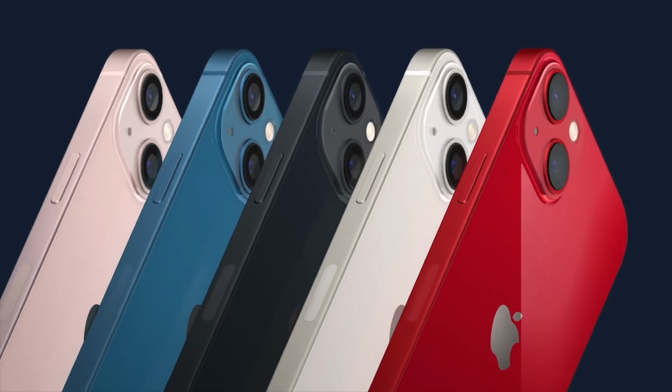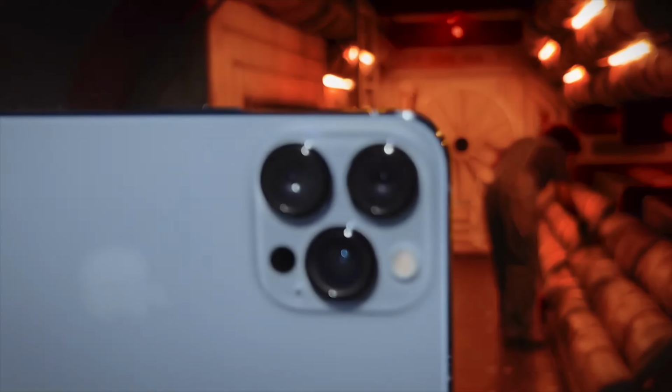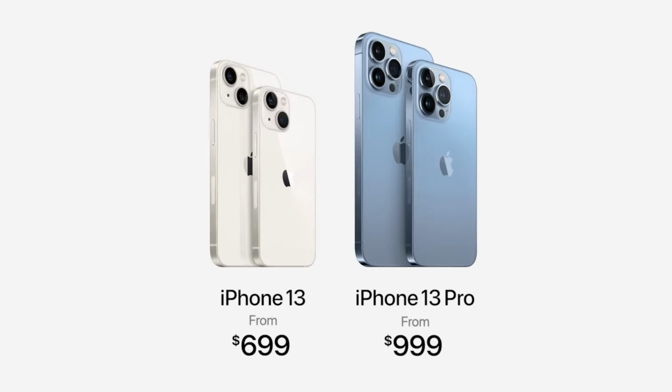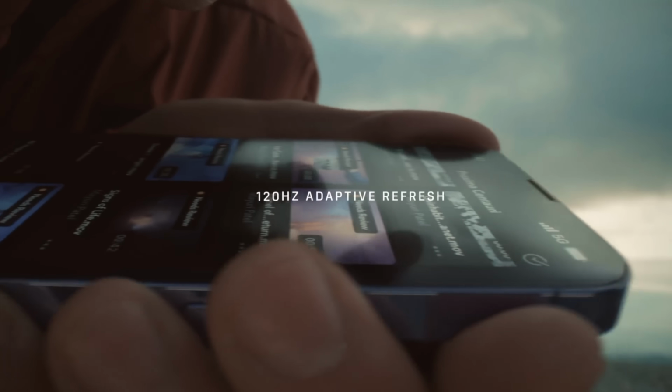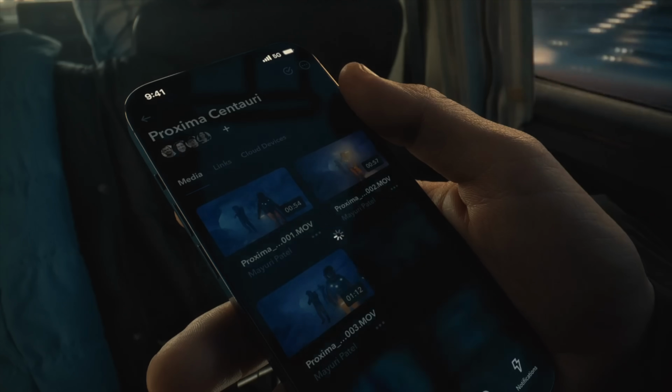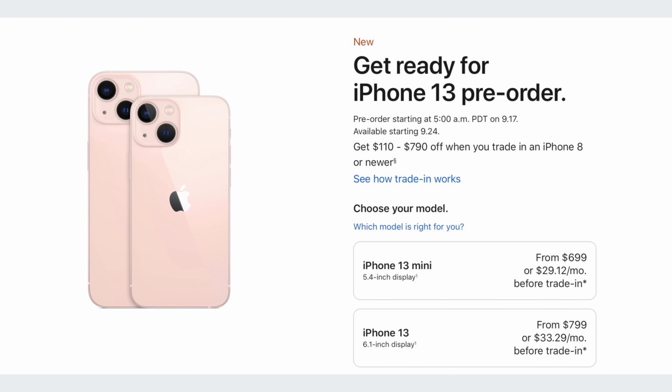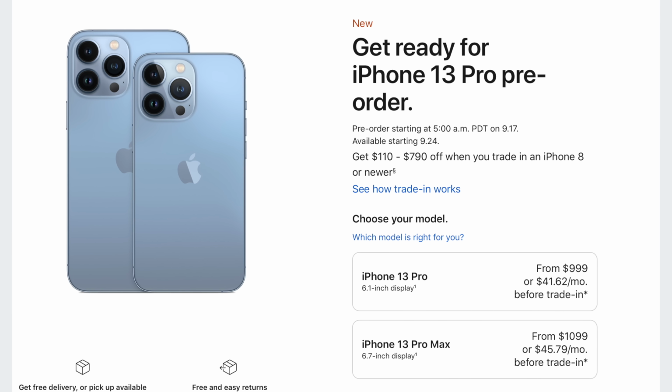Just like last year, Apple has released 4 new iPhone models, except this time, they've completely changed their strategy for the feature set differences between them, which definitely makes it even more difficult than last year to choose the right iPhone model. So in this video, I'm gonna go through 13 purchasing mistakes that you need to avoid in order to make the right choice. And then I'm actually gonna give you some real practical advice on which one to buy depending on what you really care about. So without further ado, let's jump right into the first mistake you need to avoid, and that's